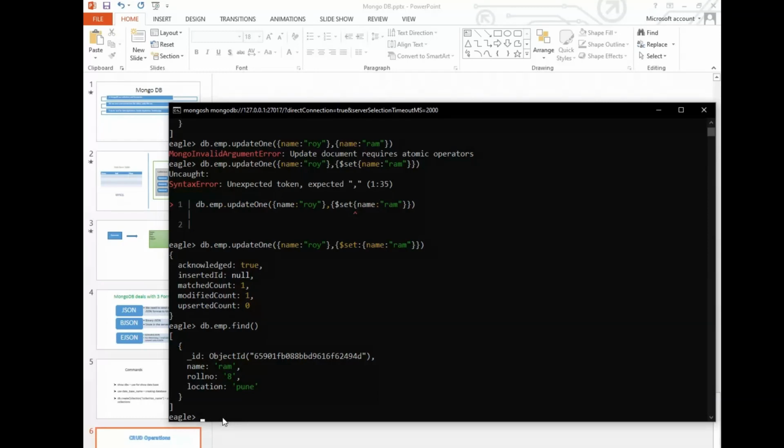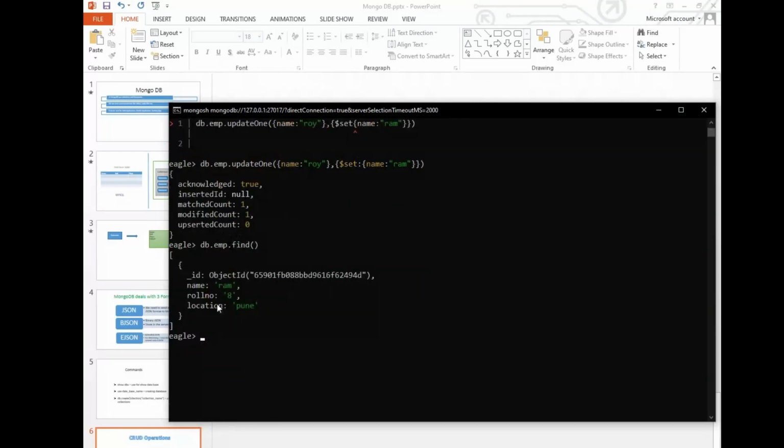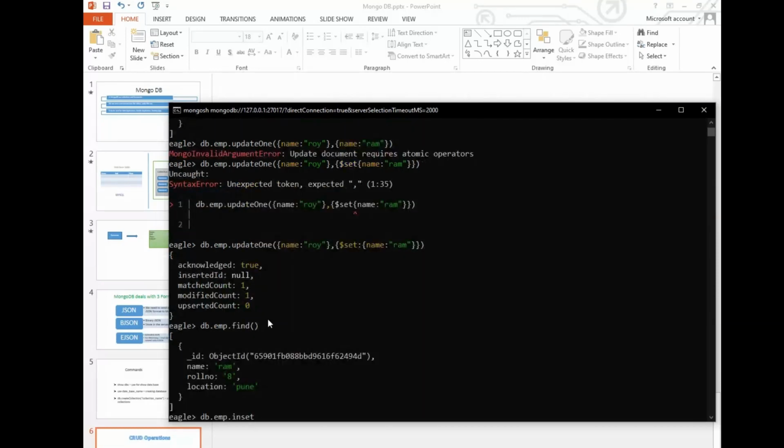For that, firstly, in the delete operation we will delete one document, that is this Ram document. For that, we have to create one new document, so that we clearly understand that one document is deleted. So we will create another document: db.employee.insertOne, then the name is, now we will add